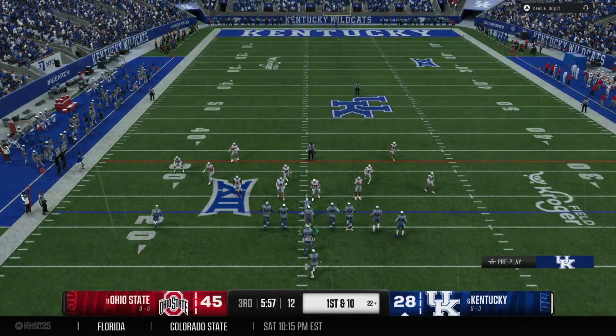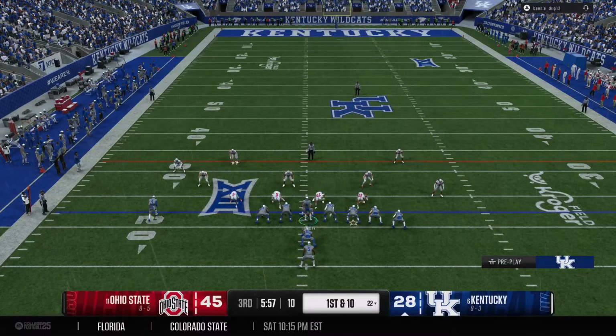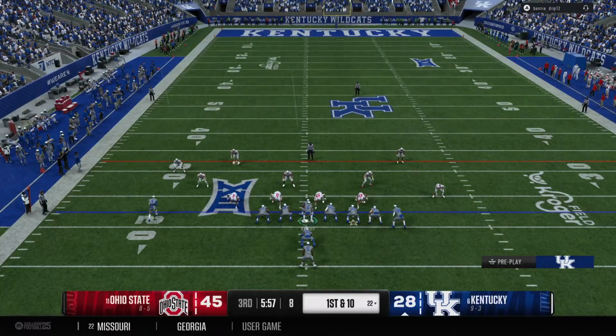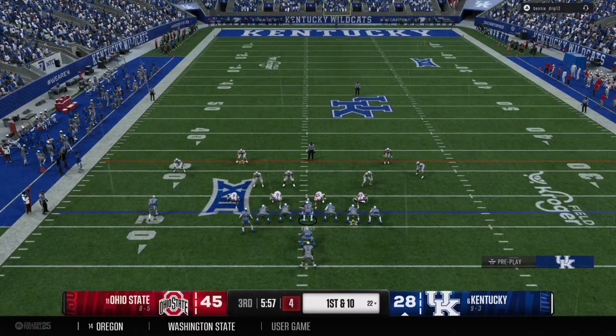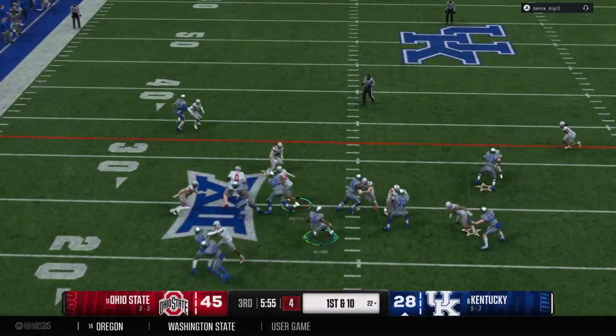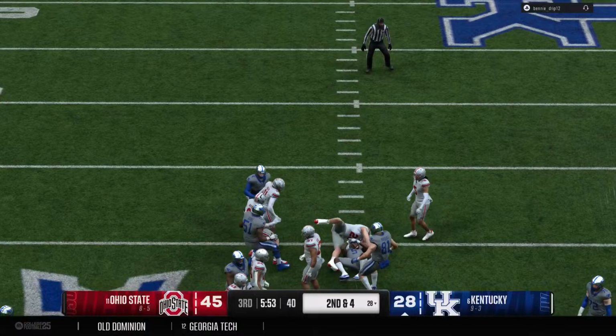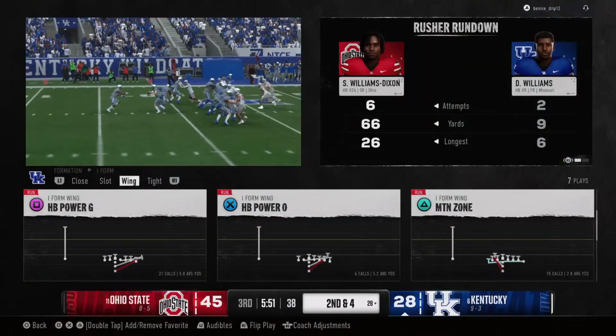And here comes the Kentucky offense back out there. They get the second half started with a running play. Solid run. They'll bring it down to the 28-yard line.